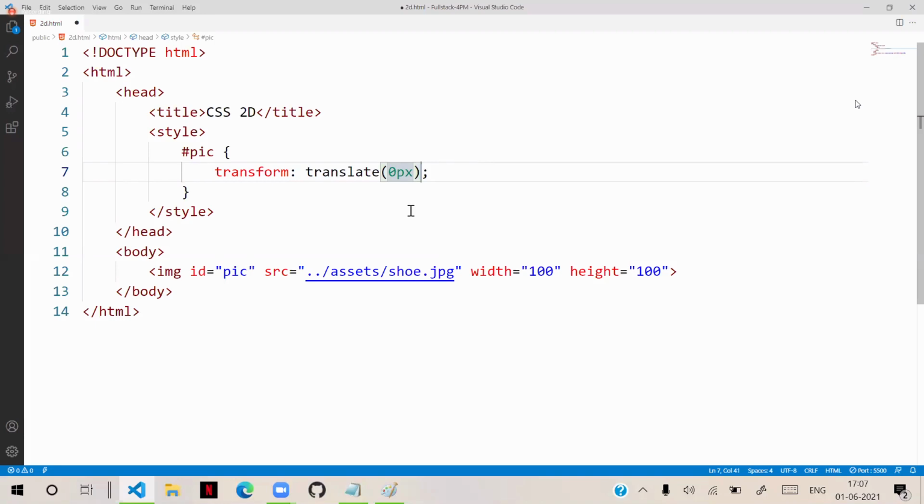Now what I am doing here is not understandable to every browser. That's the reason we have to write like this: WebKit transform, translate X, 0 pixel. We have to write that 0 pixel. Similarly, we have to use Mozilla, MOZ transform, translate X, 0 pixel. So we have to write, so here as MS,